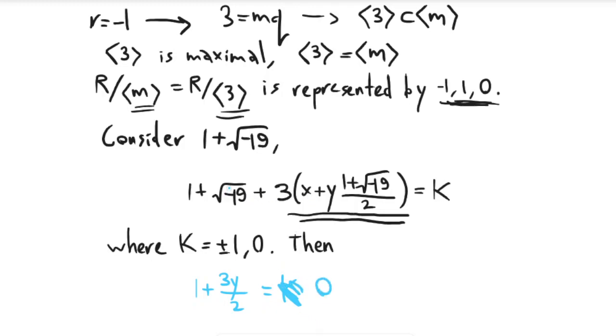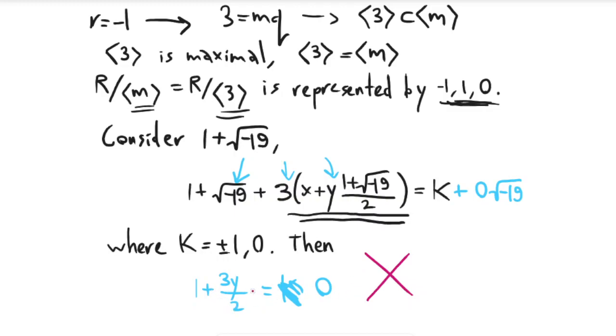And you get that by just distributing everything out. You have root negative 19, you have 3 times y over 2, and that's equal to the coefficient of root negative 19 over here, which is 0, right? But I'm going to claim that this can't happen, so this is a contradiction,